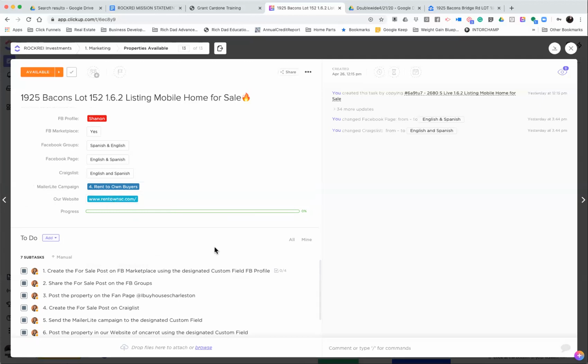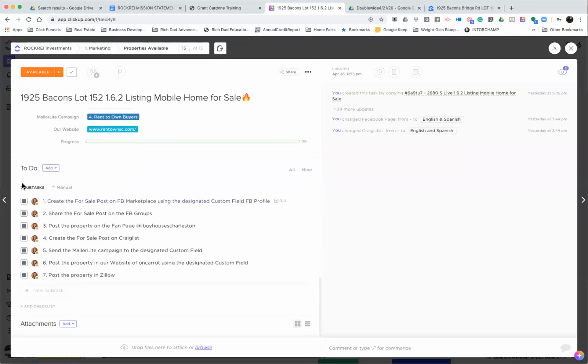listing, and here is tracking the progress. And all of these subtasks right now are gonna be for the lead manager, that is Claudia. But eventually we're gonna be putting more tasks for the disposition managers or the acquisition managers, okay? Because as a